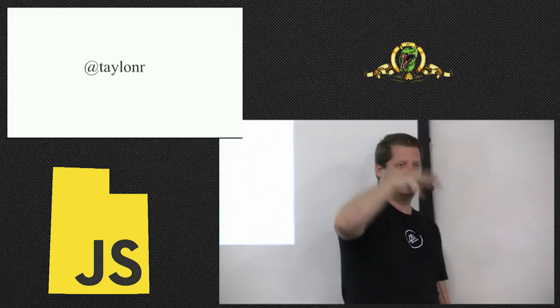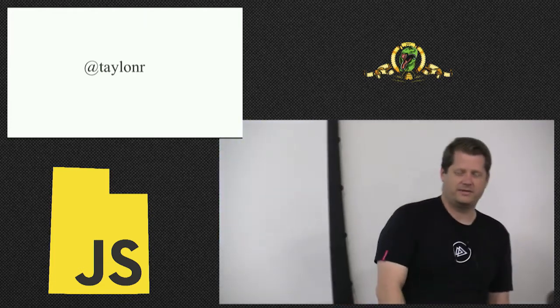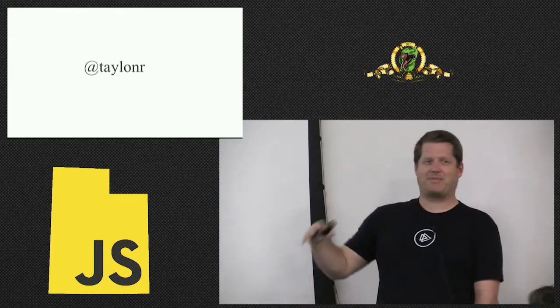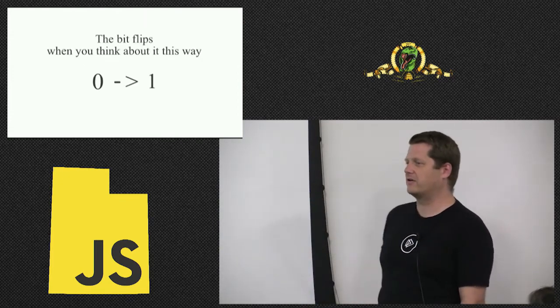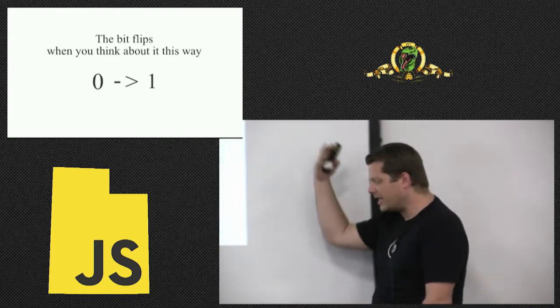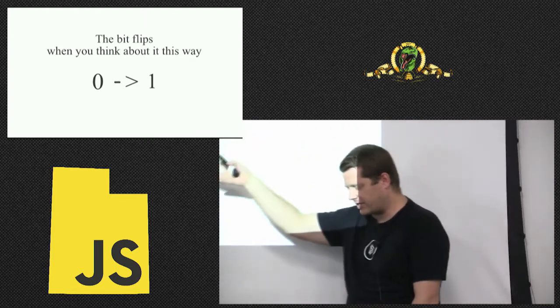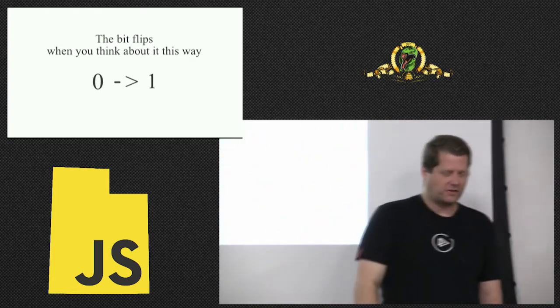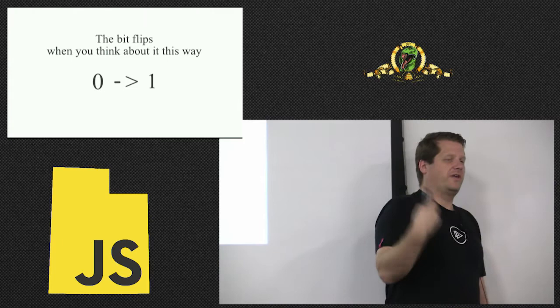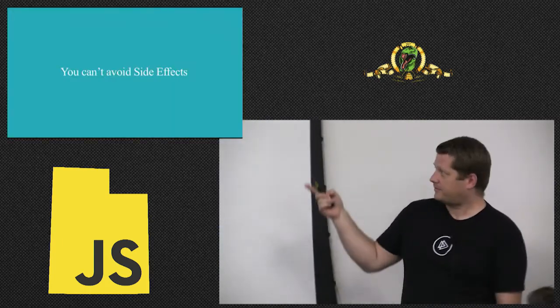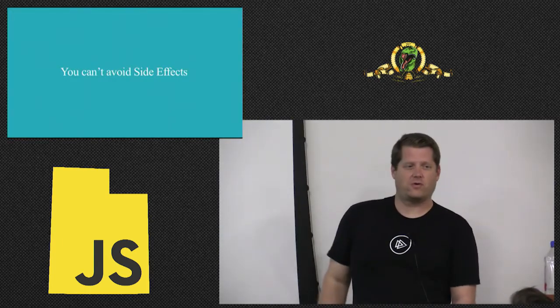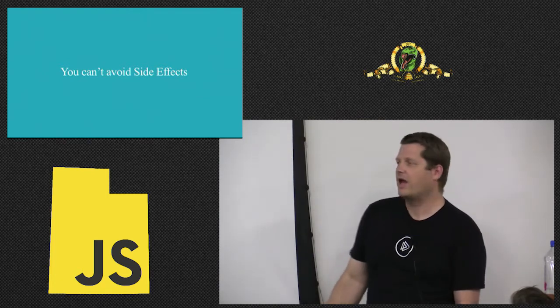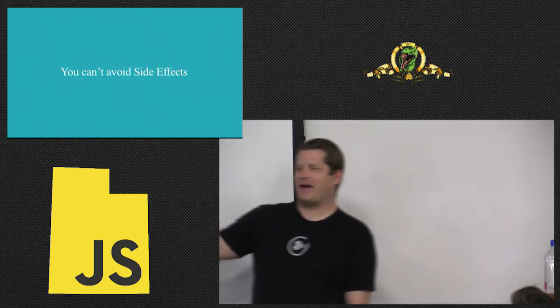And he started doing some functional style JavaScript. And he sat down, and he was the opposite of every functional programmer I have ever met. And he explained it this way. So the bit flipped for me on this, and I actually became fairly pro-functional when you think about it this way. You can never avoid side effects, right? At some point, you have to get work done.